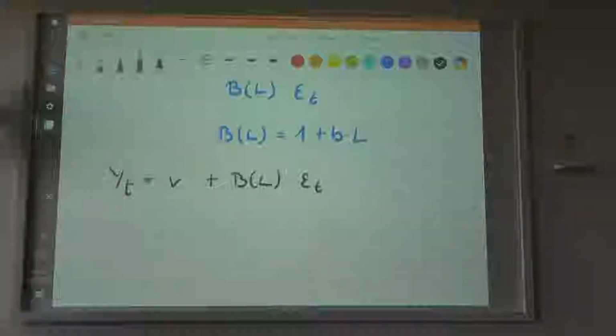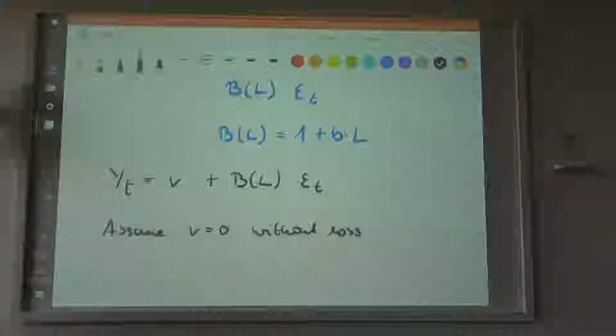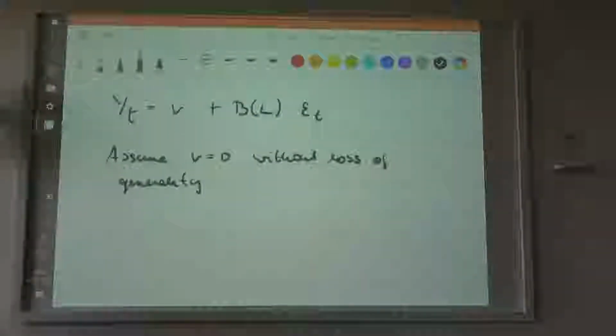Now, if you have this kind of representation, let's just assume that the constant is equal to 0 without loss of generality. There is no loss of generality if you assume this. Basically, we can put it back. So then this becomes, obviously, Yt is going to be equal to the lag polynomial times